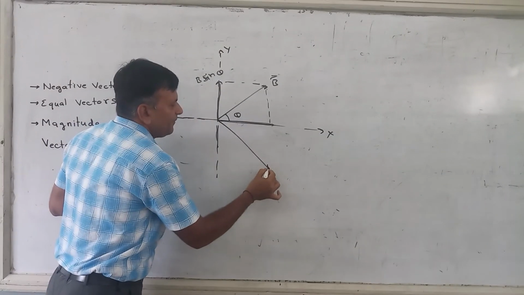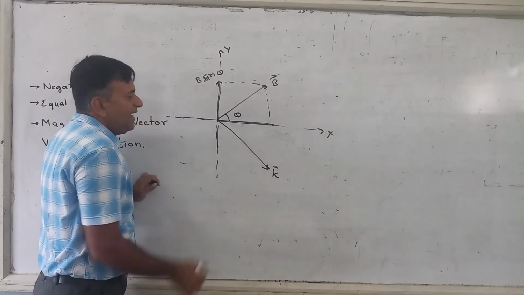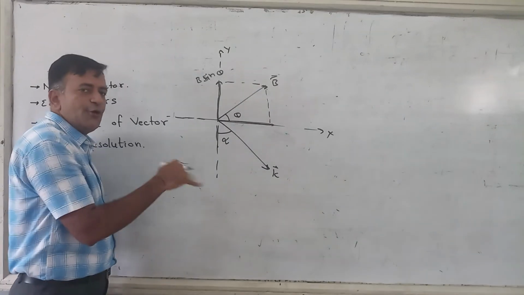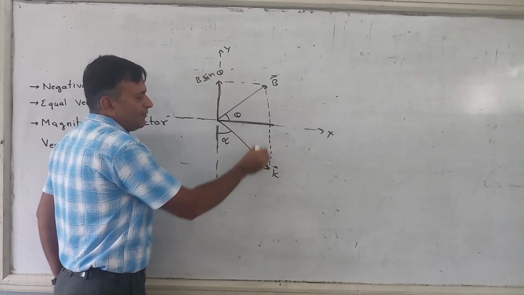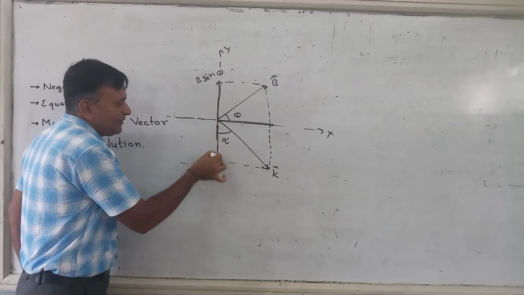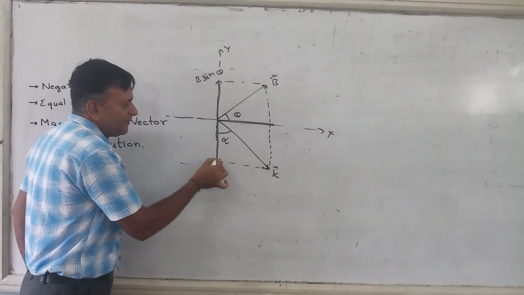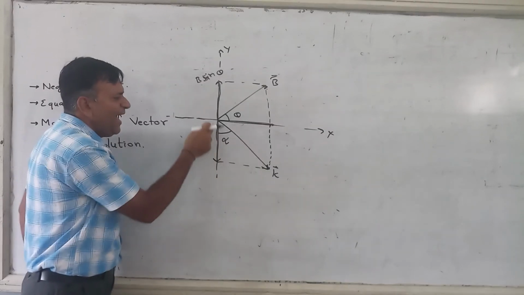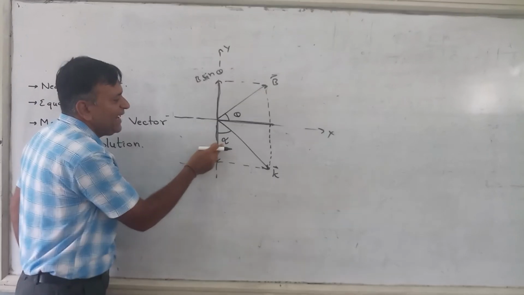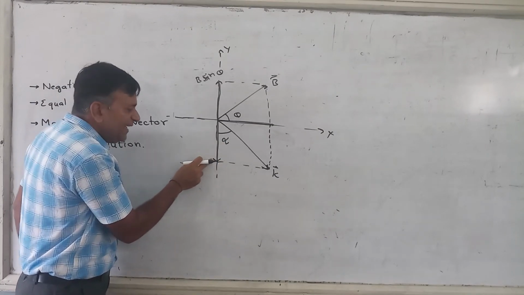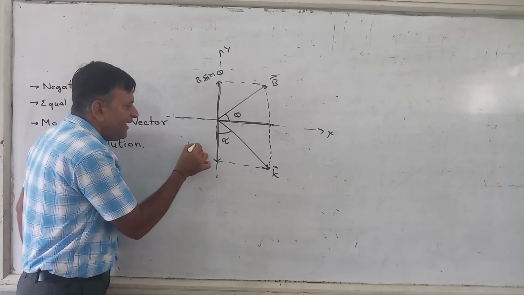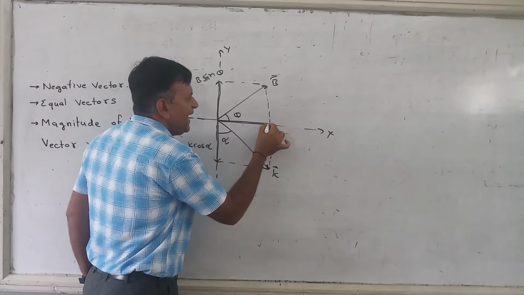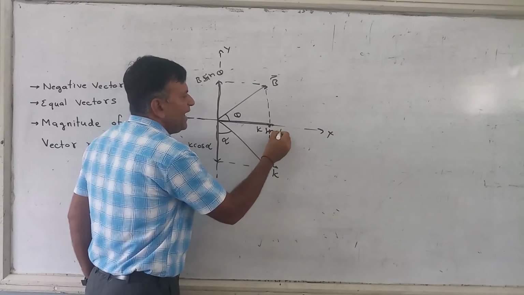I got this vector k, and suppose this angle is given, this angle is alpha. Okay, what to do? This is k, this is alpha. What is the adjacent side to alpha? This, baju wala side, adjacent side, this one. This part will be k cos alpha, and the other side, this side, will be k sin alpha.